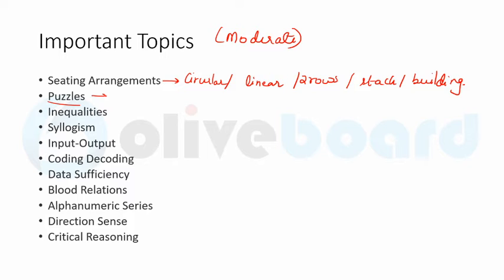In puzzles, you can have day based puzzles, right? So Monday, Tuesday, Wednesday, day based puzzles हो सकता है, या फिर date based puzzles हो सकता है. That is, in a month there are 2 dates in which some event is happening. There can be a year based puzzle also. That is, these people were born in these years and their ages are given, right? Sequence based हो सकता है.